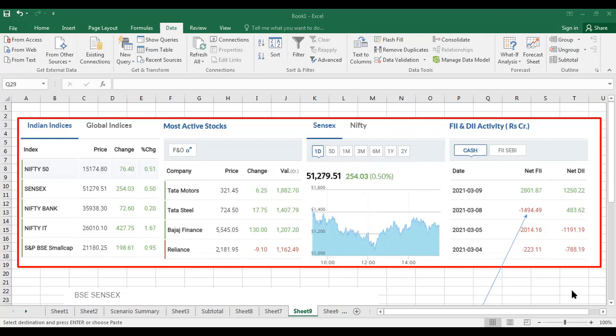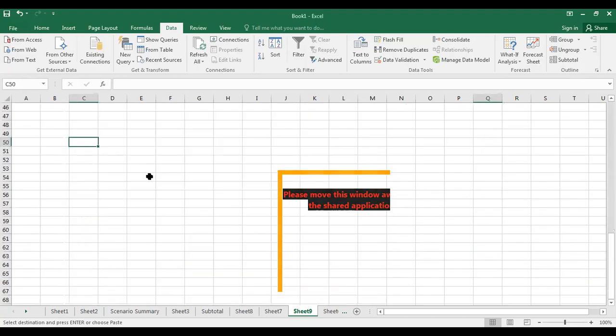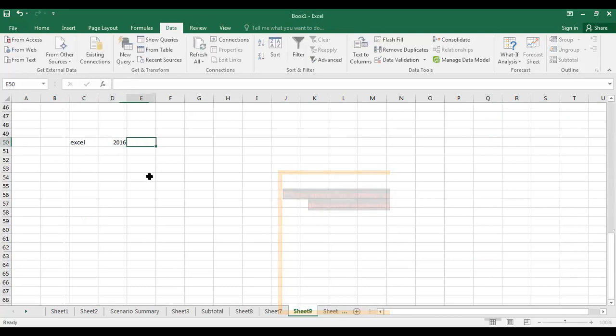Yukta, Aisha, Santosh, are you there? Vishnu, Vijay, Muhammad, anybody? See, here I have the data Excel. Here I have the value 2016. In the next cell, I want to combine both of them. So what should I do? Any answers?